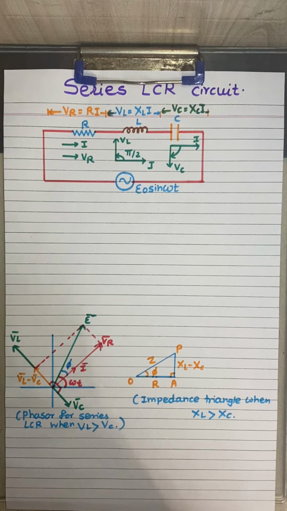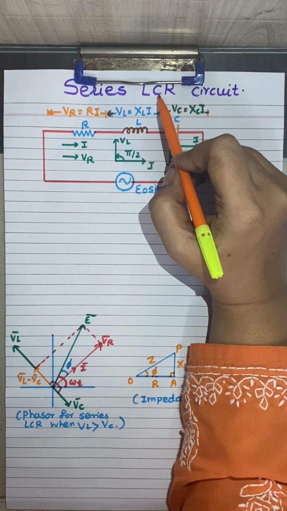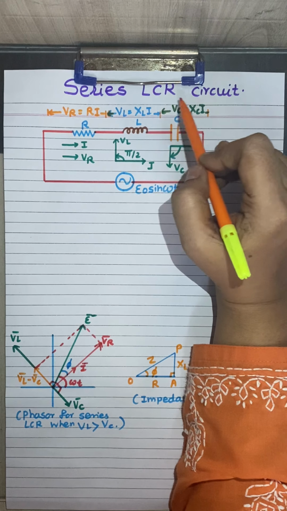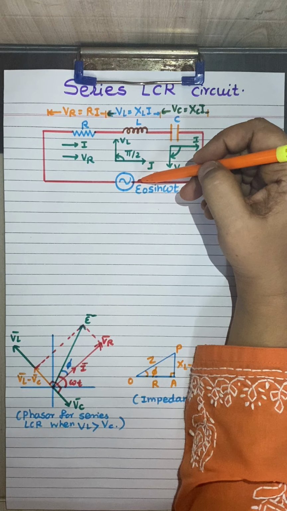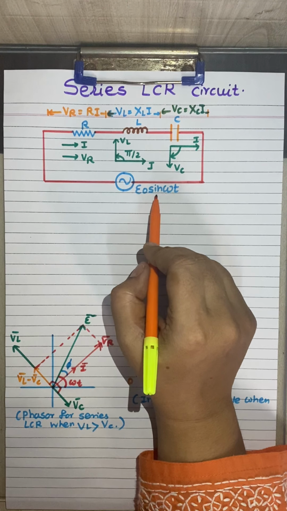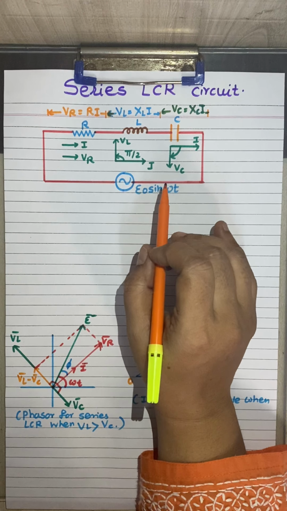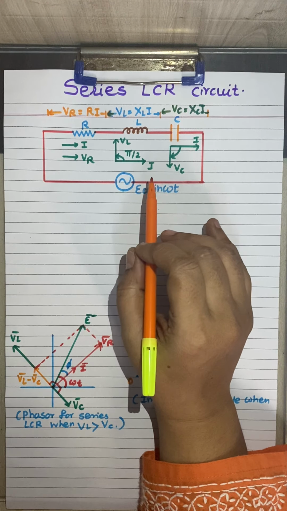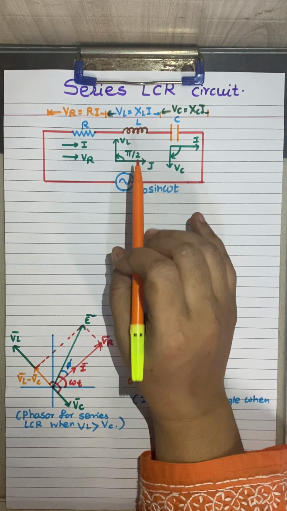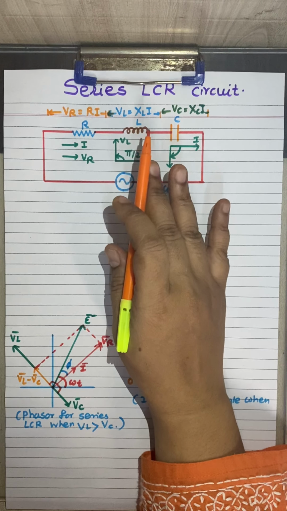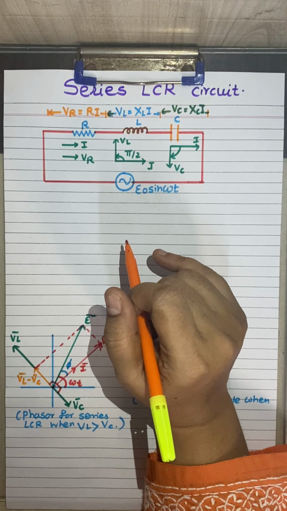Today we are going to start with the series LCR circuit, in which the inductor, capacitor and resistor are connected in series with an alternating current supply whose EMF is E naught sin omega t. This question is generally asked as a full-fledged 5-mark question in the board exam. Also, some of the numericals in the board exam are based on the same concept, the series LCR circuit. So this is a completely important topic from the CBSE exam point of view.